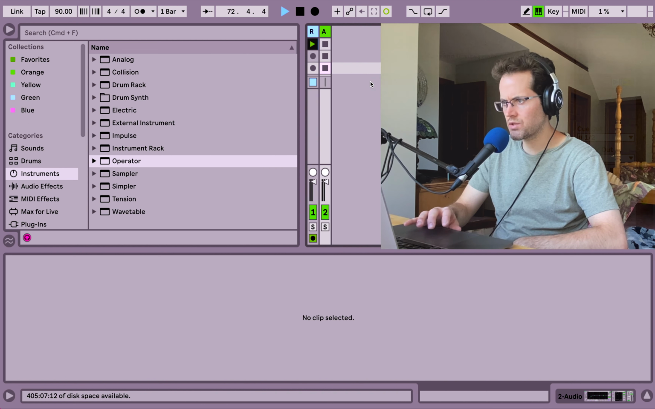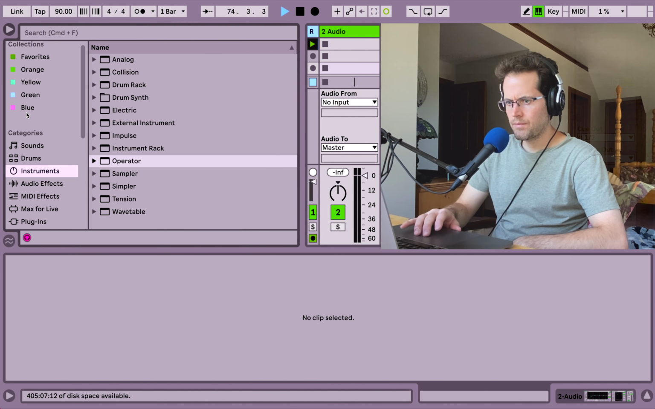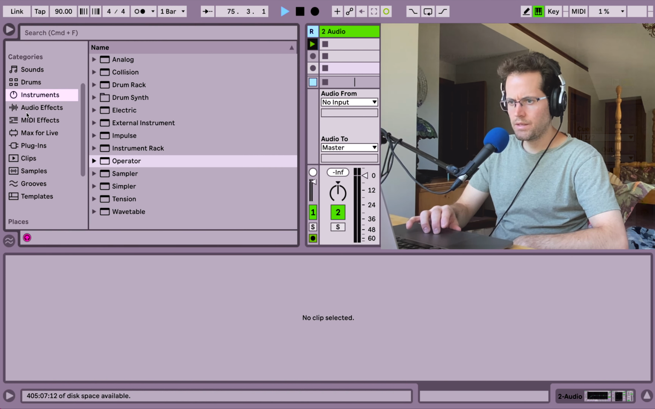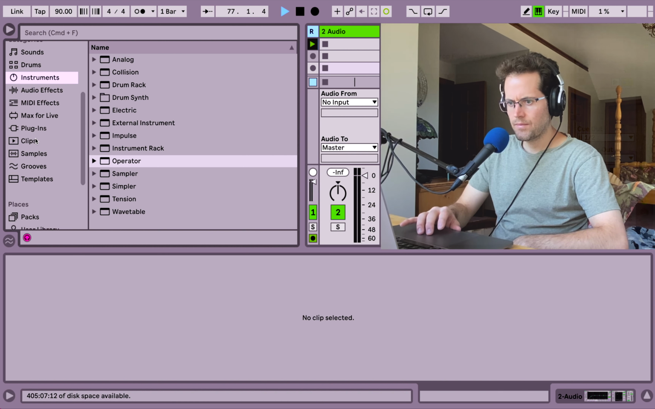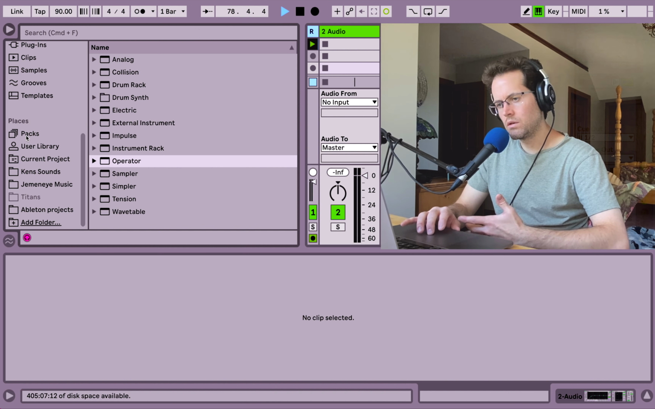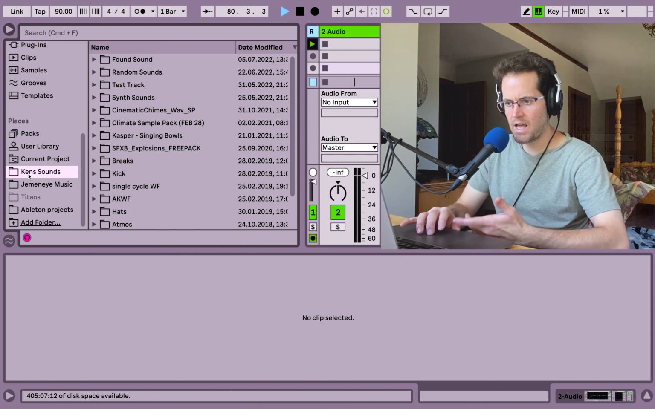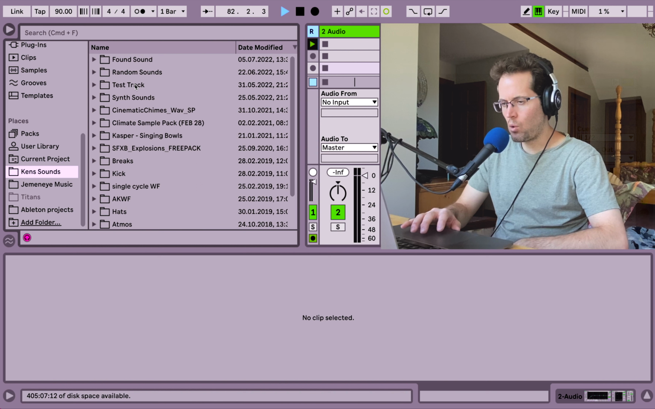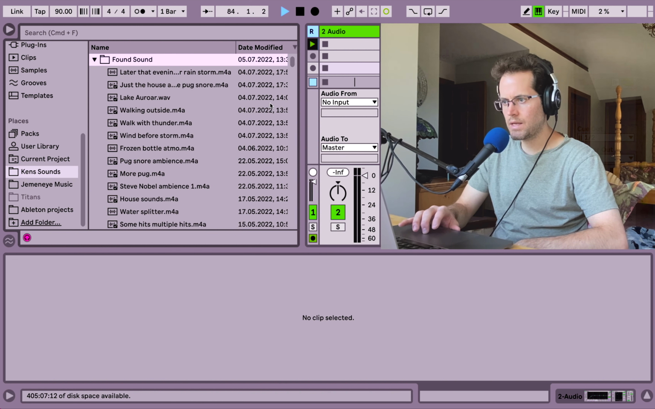So for this, we're going to insert an audio track first. And under these categories, this is all Ableton stuff. And then when you have these places, well, it's some Ableton stuff, but then it's also stuff that you can just add. So like Ken's sounds. These are all folders that are on my desktop, but like found sound, and I've actually put in a lot of new